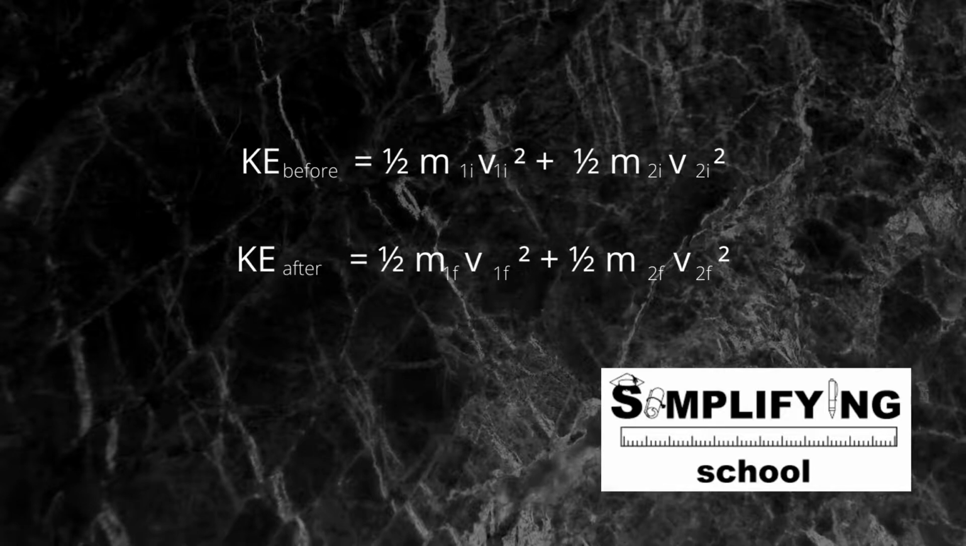So for the total kinetic energy before, we'll say half m1i v1i squared plus a half m2i v2i squared. And the total kinetic energy after would be a half m1f v1f squared plus a half m2f v2f squared. Depending on whether these two are the same or not, we will know whether the collision between the two objects